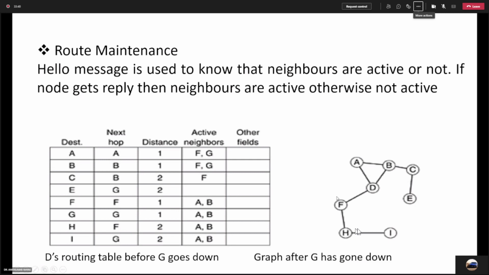Can you differentiate these two words, network traffic and network congestion? When can we say that network traffic is high in this topology, and when can we say that network congestion is high in this topology? Please write this in your notebook: network traffic and network congestion. Focus on the topology which is available on your screen. This is a sample topology. Actually this topology is related with the topic of route maintenance, but we can consider this topology to learn network traffic and network congestion. So can you please tell me what is the difference between network traffic and network congestion as per your knowledge?